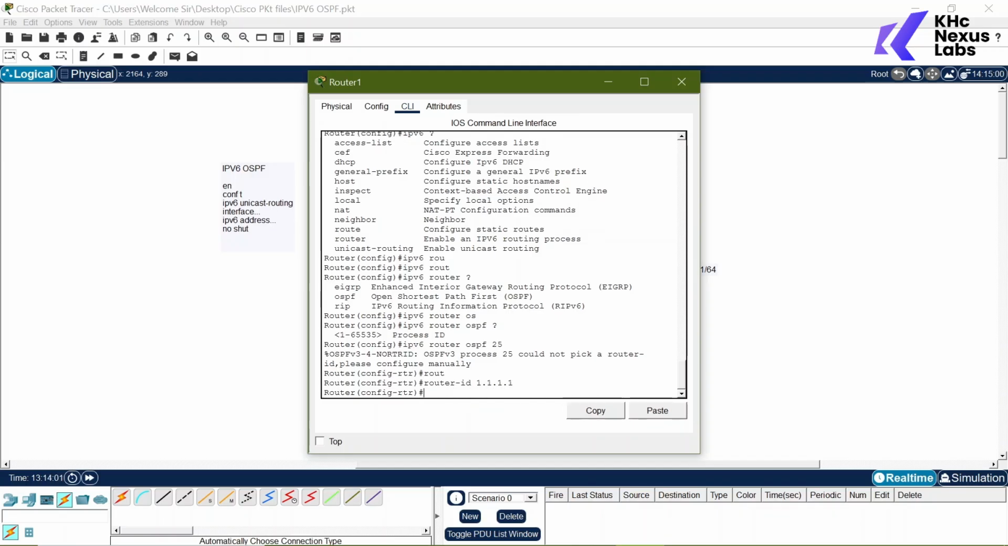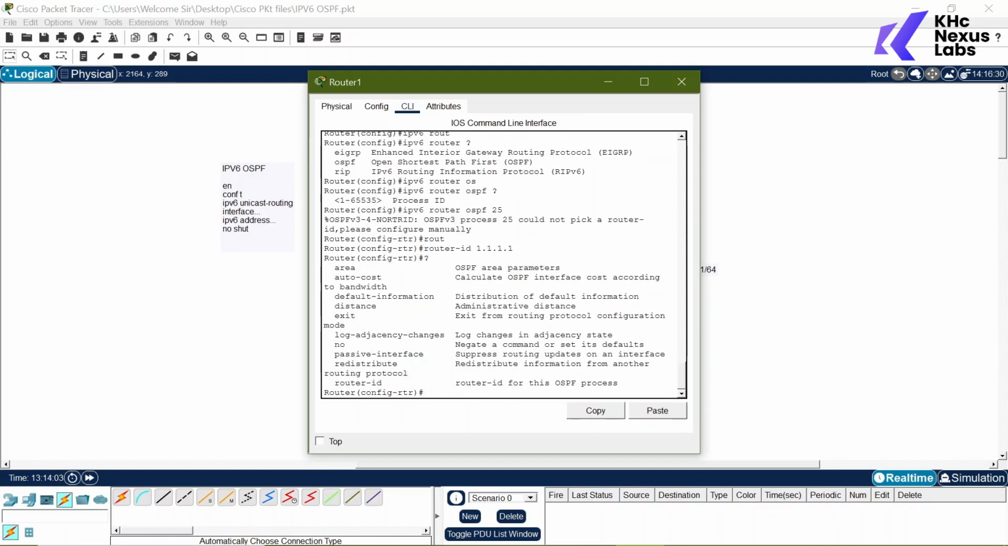And that's that. The next thing we can do here is to type out the interfaces where we want this OSPF to receive that. So we're just going to say 0/0/0 and